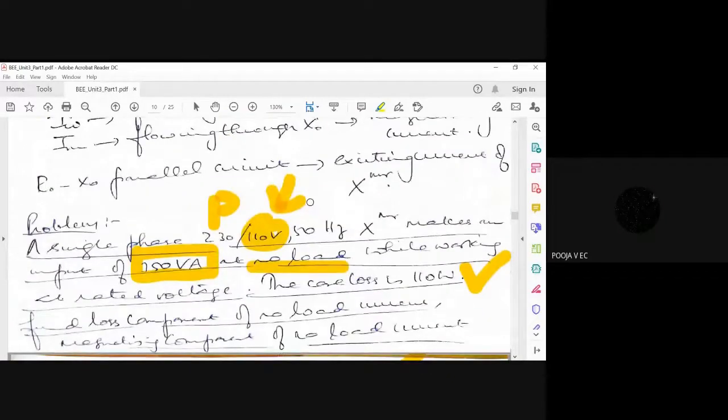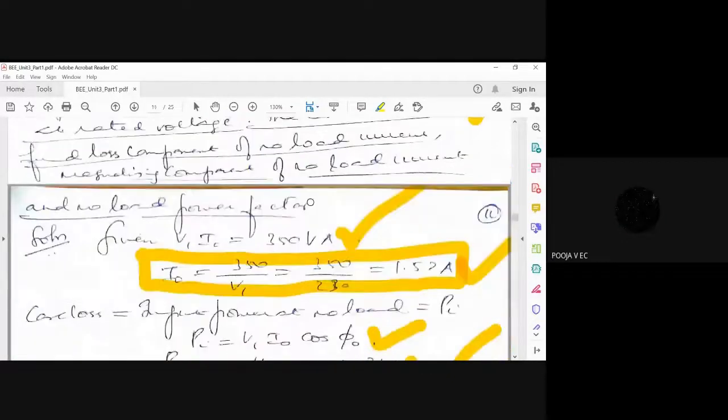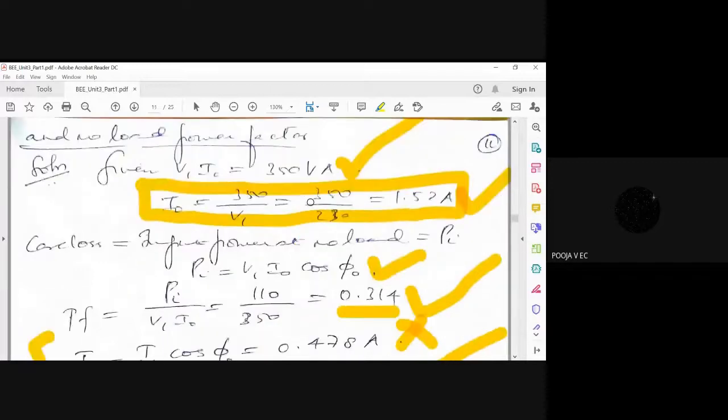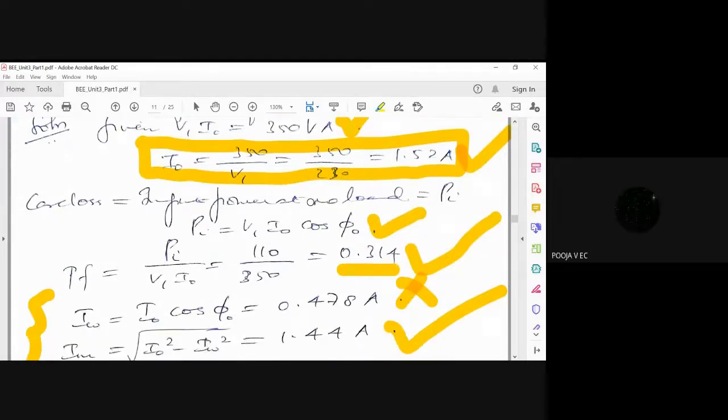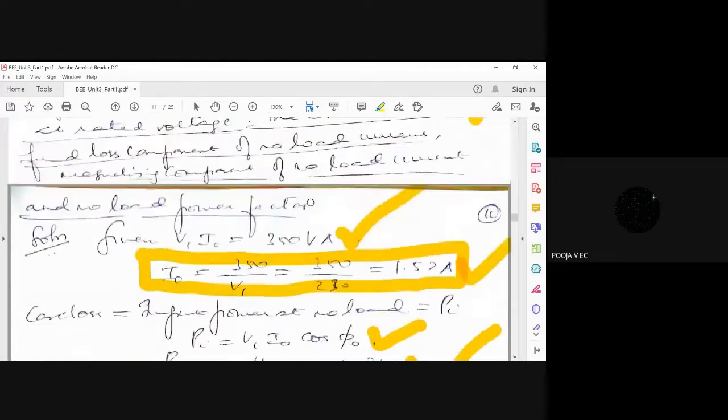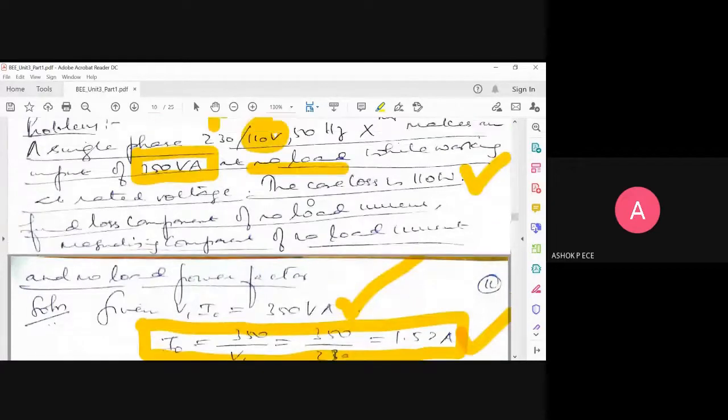Sir, in this problem you told that if watts come, we have to write power as VI cos theta, and if volt amperes, I couldn't understand that. What are those different types of powers? We have three types of power, right? Real power, apparent power, and reactive power. Volt ampere means it is VI. It is the same relation, only given in a different way here.